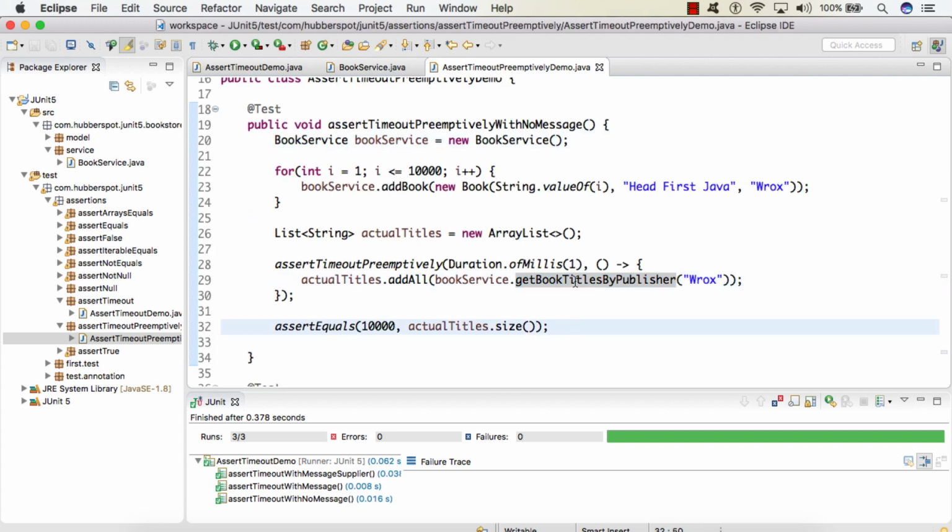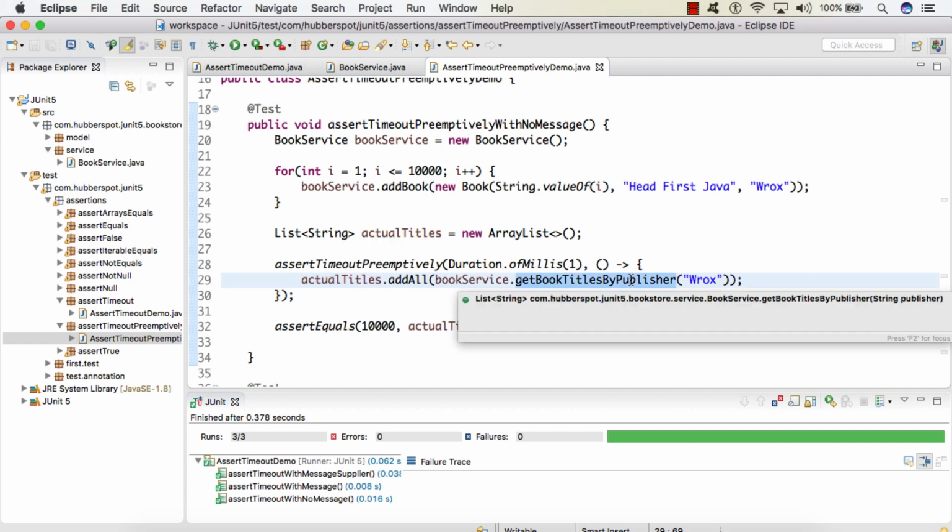So when we call getBookTitlesByPublisher and pass Vrox, it iterates over 10,000 books and compares the publisher we passed to each and every book, and once it finds a match, it adds the book to the list, and finally it returns the list which we store in actualTitles.